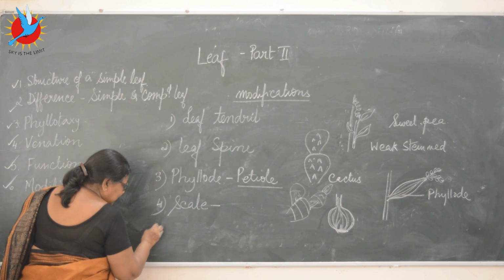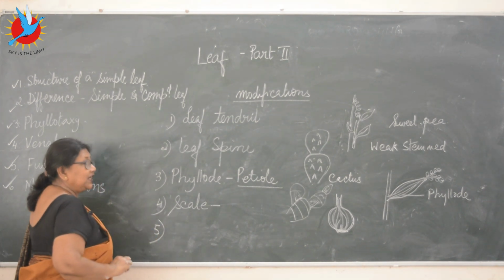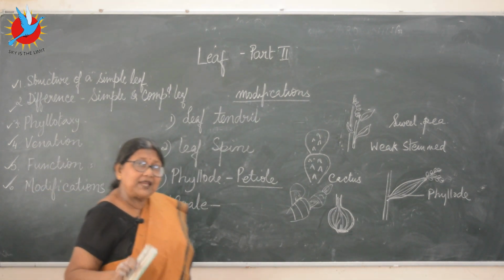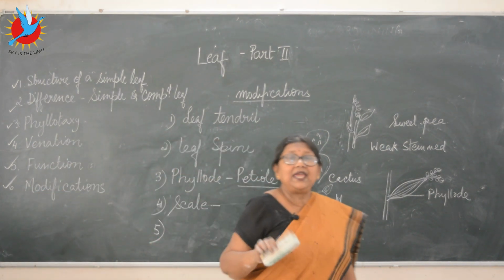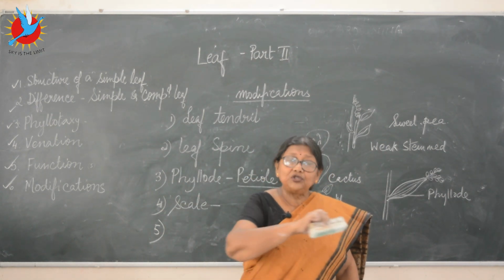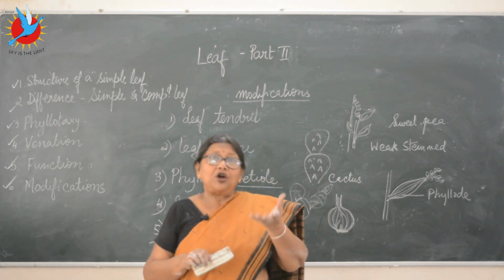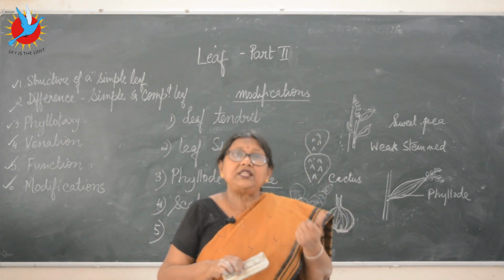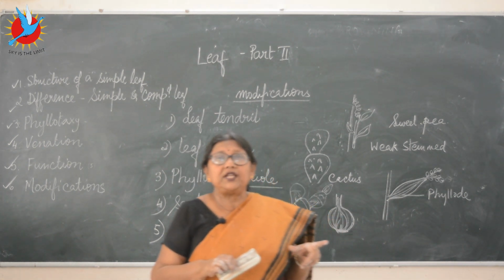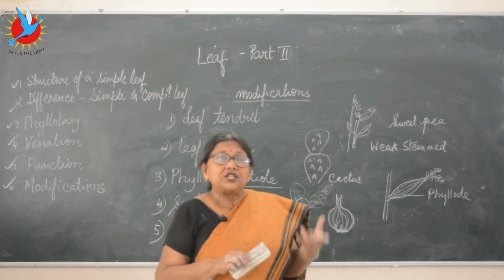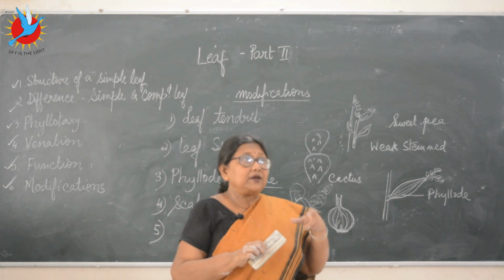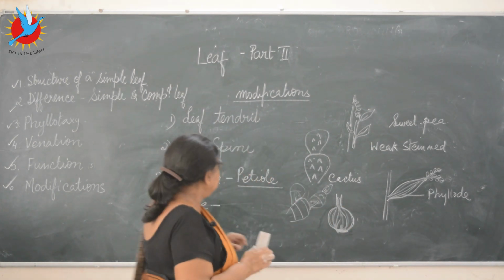Now the next one, which is very, very important, that is, some plants are specially made in such a way that they eat, you'll be very surprised, they eat the insects. How do they eat? Why do they eat? Because they grow normally in certain places where they do not get enough nitrogen from the soil. And you know, nitrogen is important for the formation of protein and for growth. So plants also need nitrogen. It's one of the minerals they need. So how do they modify themselves? We'll see that diagram here.